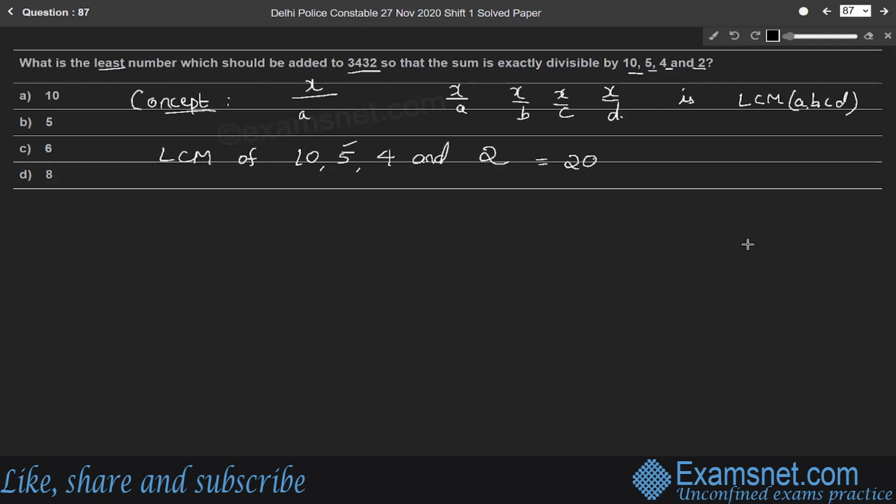So on dividing the given number, 3432, by 20, which means LCM of the given numbers, the remainder is